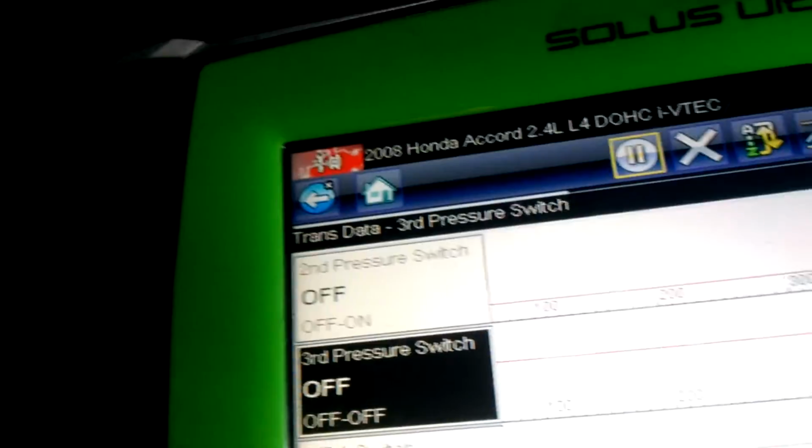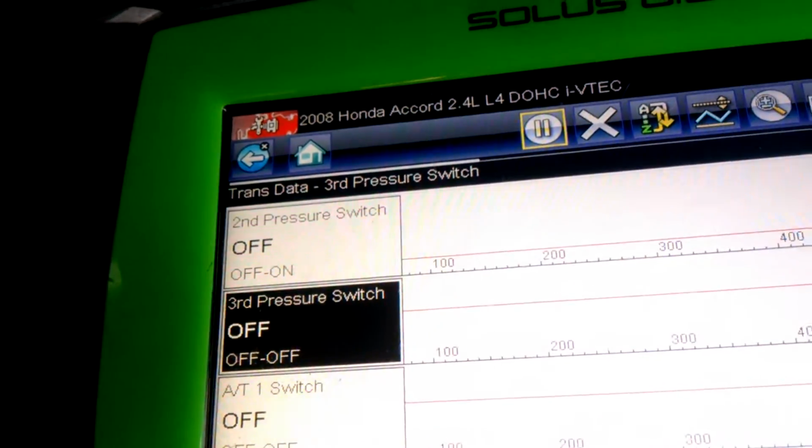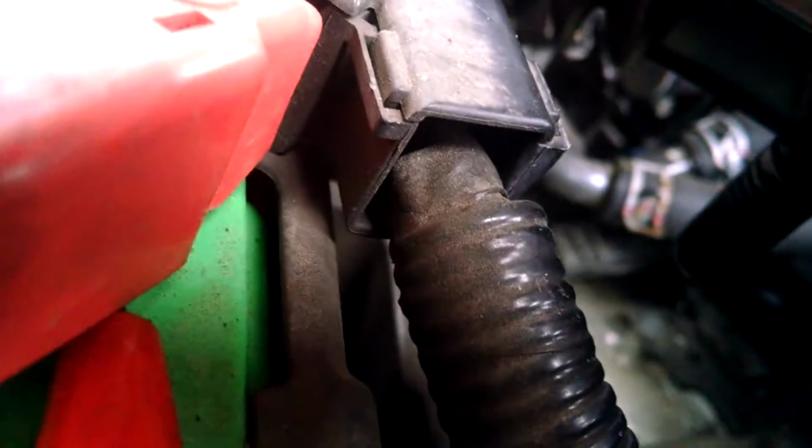And that's when you get... the pressure switch's job is to tell the computer that there's pressure going to the second clutch and to the third clutch. Based on the code that we have and the data we've seen, the pressure switch for second gear is not working. So what we did is we unplugged the switch, as you can see right here, and then we have a connector going in there. Okay, we unplugged the switch there, and we just probed it with a